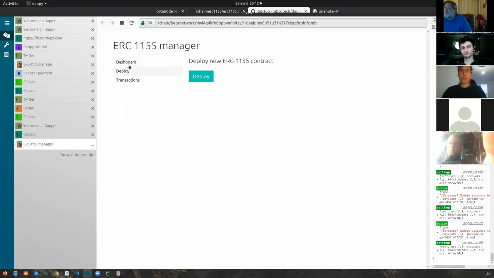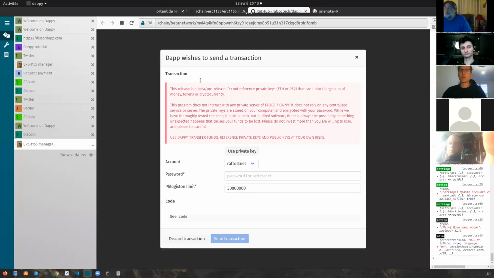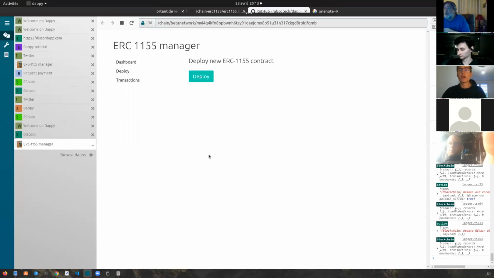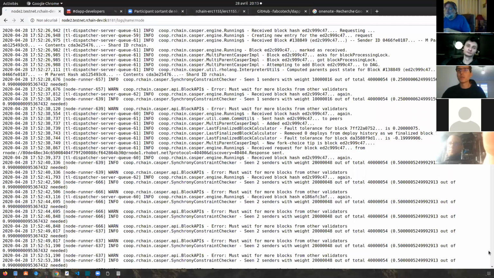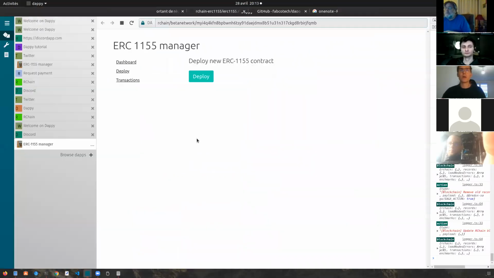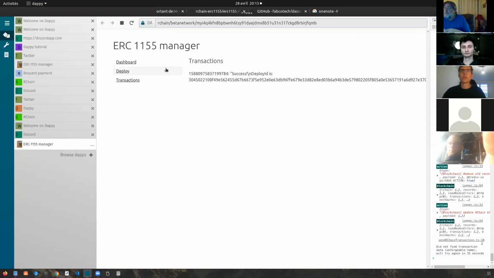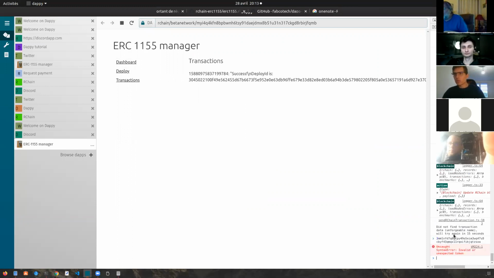At first, you can just choose to deploy a new contract. So I will do this, but we won't wait for the response to come. So basically, I have deployed a contract to the blockchain. This is the raw line code, and after some time, I will see the result of the execution in this section. Right now, I don't see it, but since I don't want to wait, I will copy